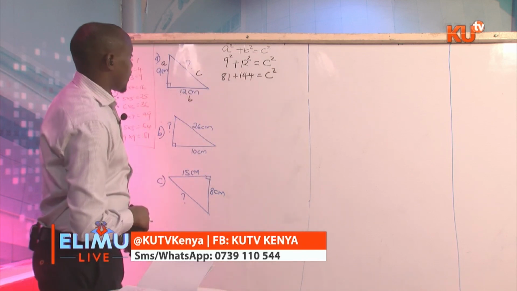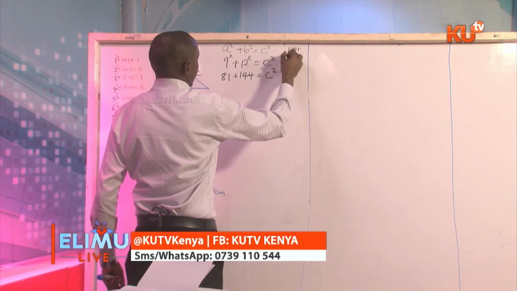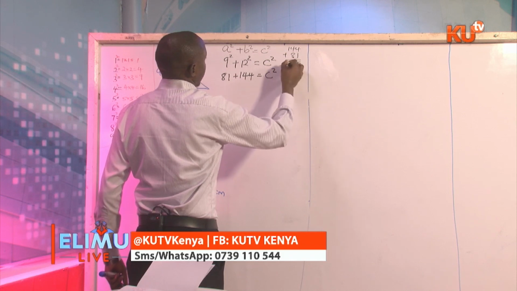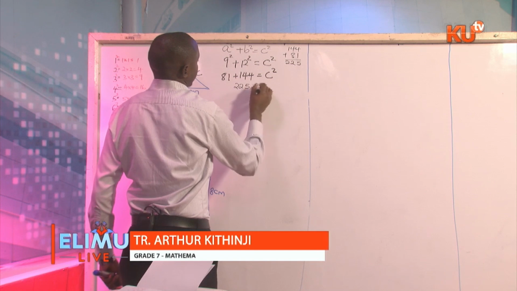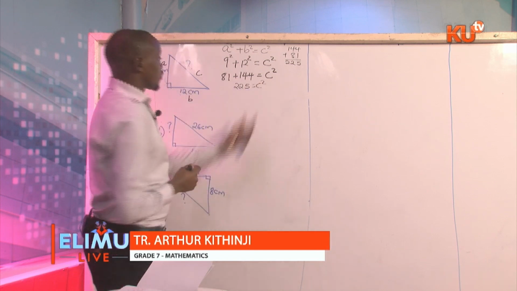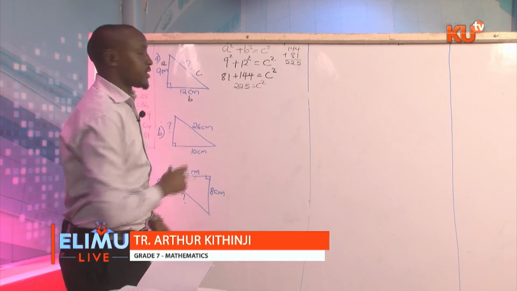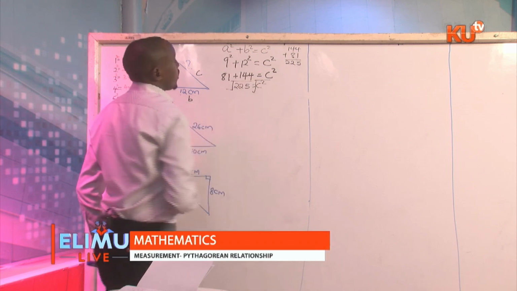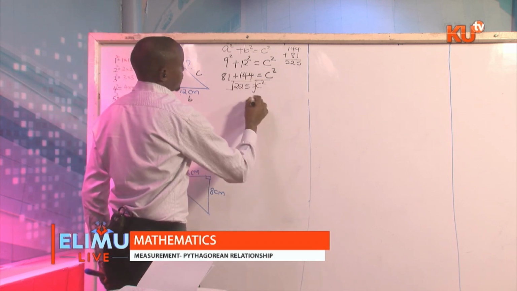And then 144 plus 81 gives us 225. Therefore, C squared is 225. For us to be able to eliminate the exponent 2 from C squared, learners, we shall take the square root of C squared and also do the same on the other side of the equation, which means if we take the square root of C squared,